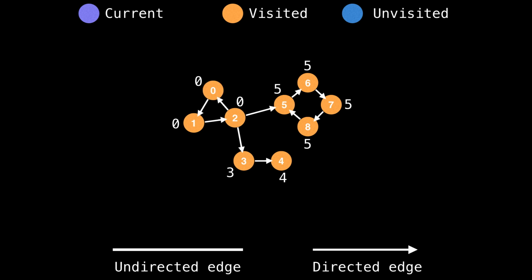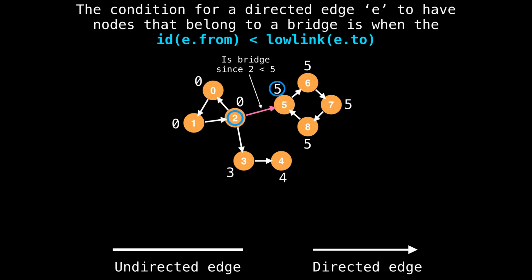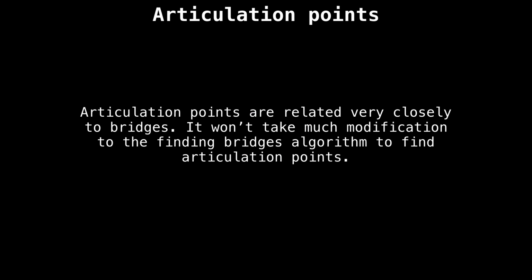And now we have the same result as before, but we did it with just one pass. So again, here are all the bridges that we found. Perfect. Now let's move away from bridges and start discussing how we can find articulation points by modifying the algorithm